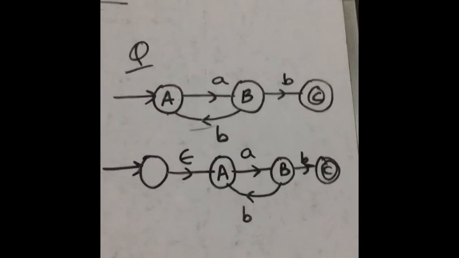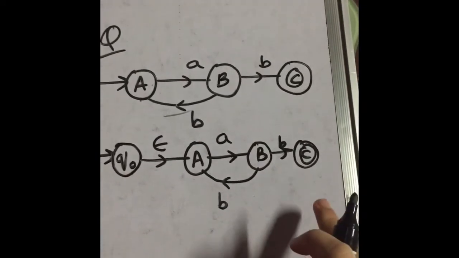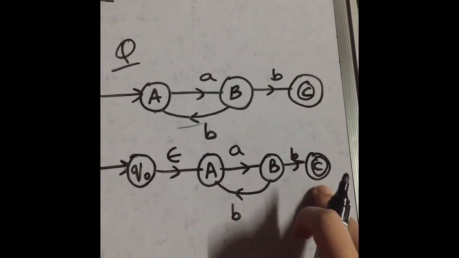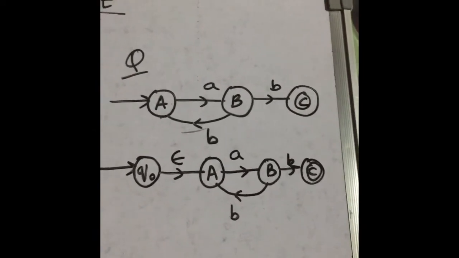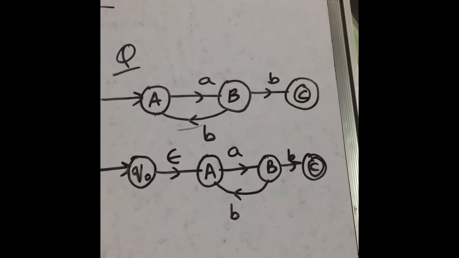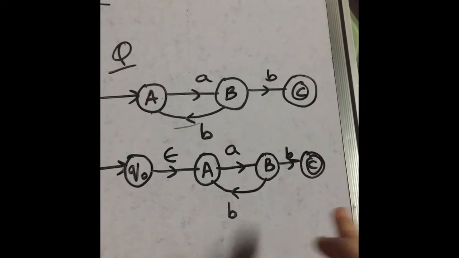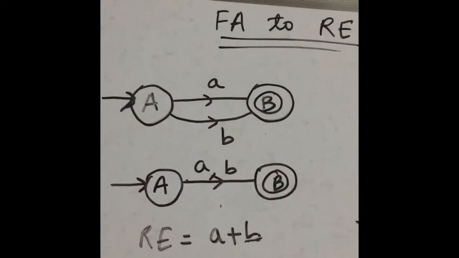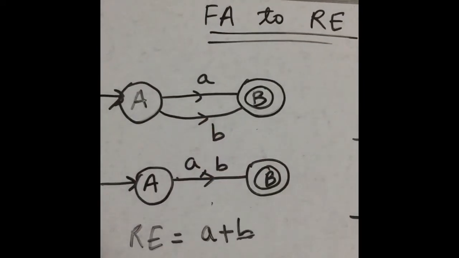Now the second step. Let's call the new state Q0, and check your final state. Is there any outgoing edge from C? There is no outgoing edge from C, so the second step is safe. What about the third step? Is there more than one final state? No, there is only one final state, which is C. And this is initial and this is final, so we don't need to eliminate those.